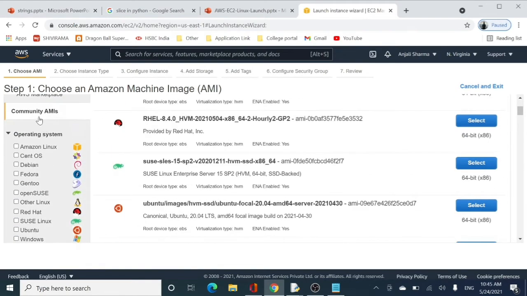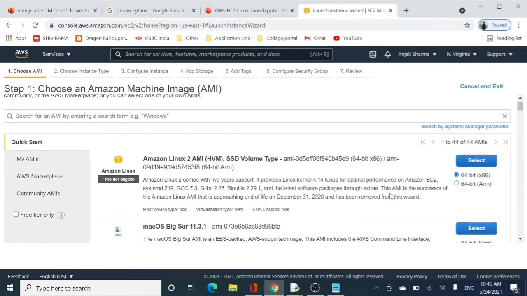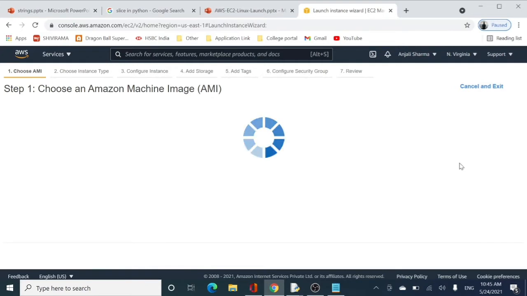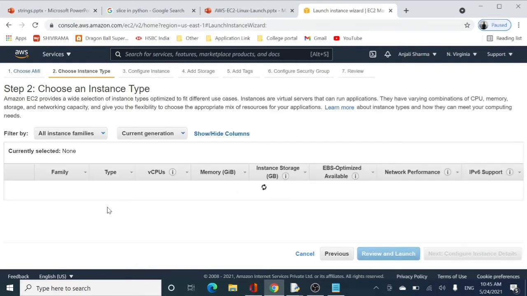So here I shall be clicking on the Linux 2 AMI, which is of course free tier eligible, and the root volume type is EBS over here. So that is one thing to be noted. Selecting it, sticking to T2 micro only